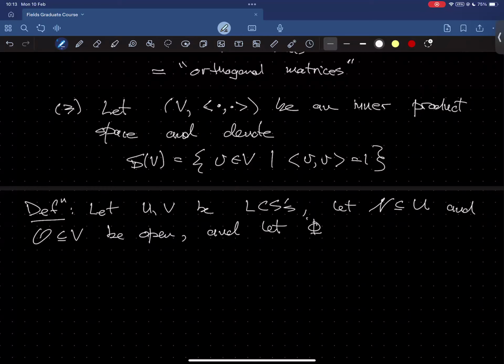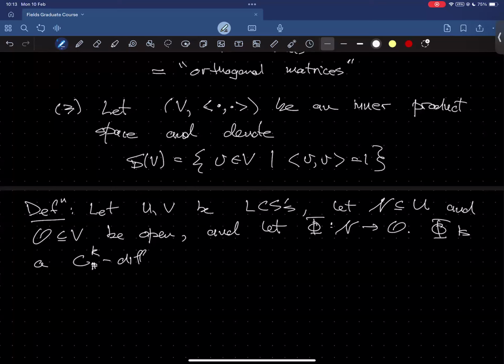And let phi map N into O. All right. So phi is a C^K, right? And so K is some positive integer, could possibly be infinity. Okay, so it's what's called a C^K diffeomorphism